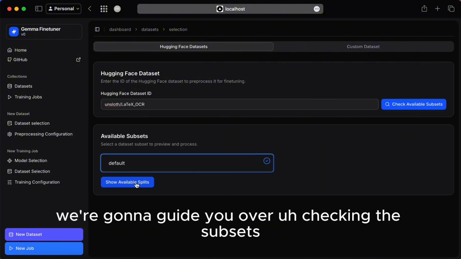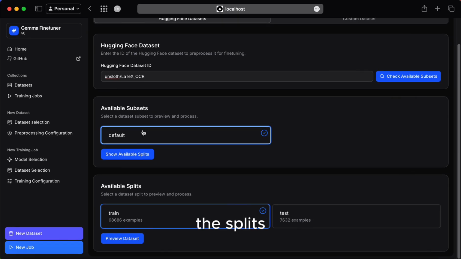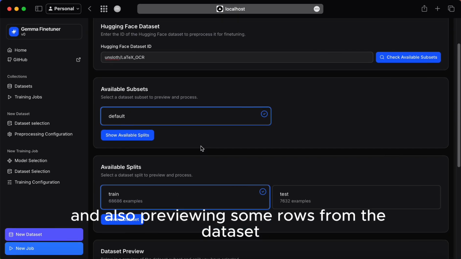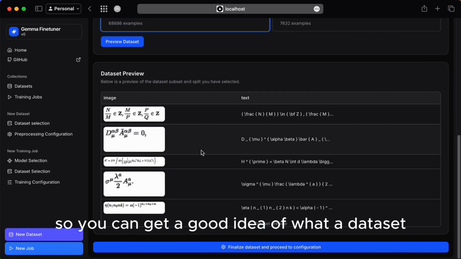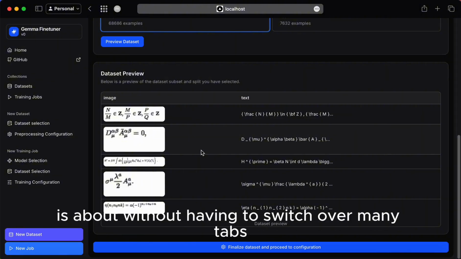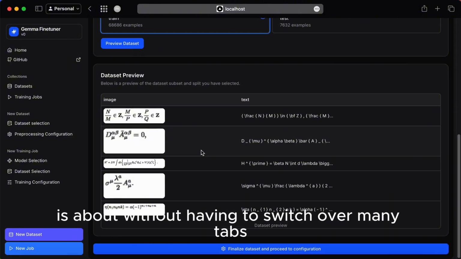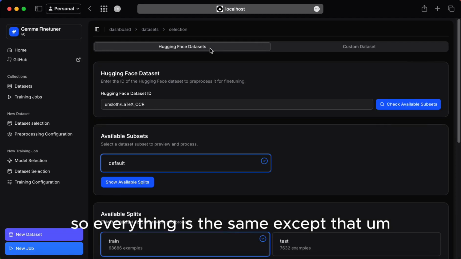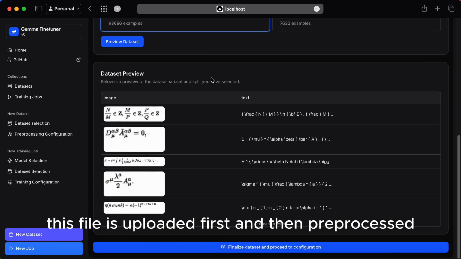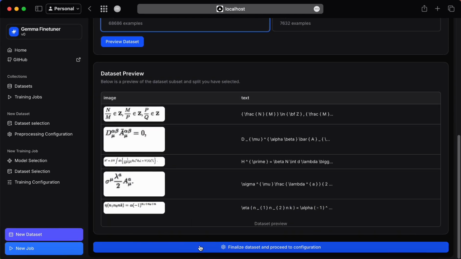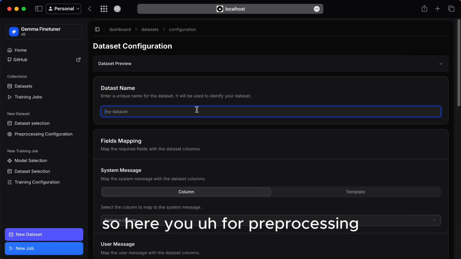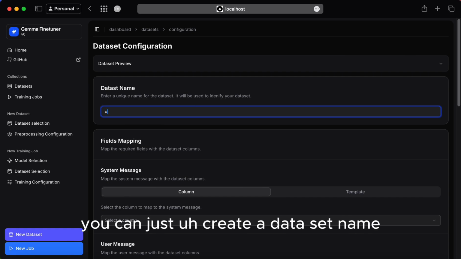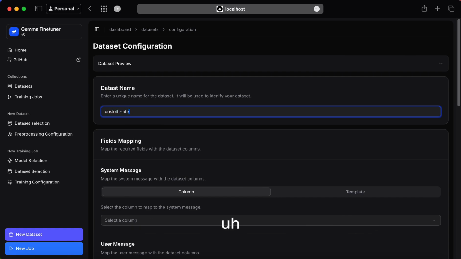We're gonna guide you over checking the subsets, the splits, and also previewing some rows from the dataset so you can get a good idea of what a dataset is about without having to switch over many tabs. You can also upload custom datasets, so everything is the same except that this file is uploaded first and then pre-processed. So here, for pre-processing, you can just create a dataset name,